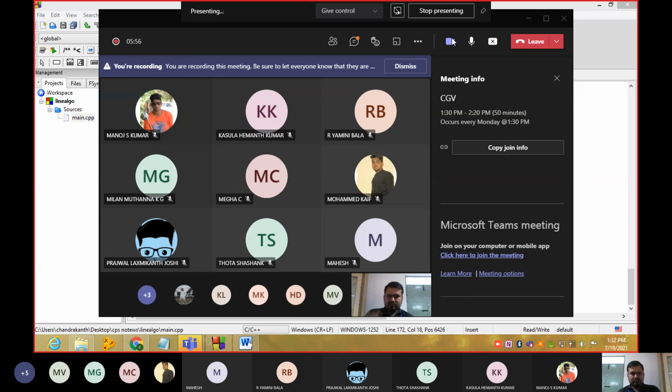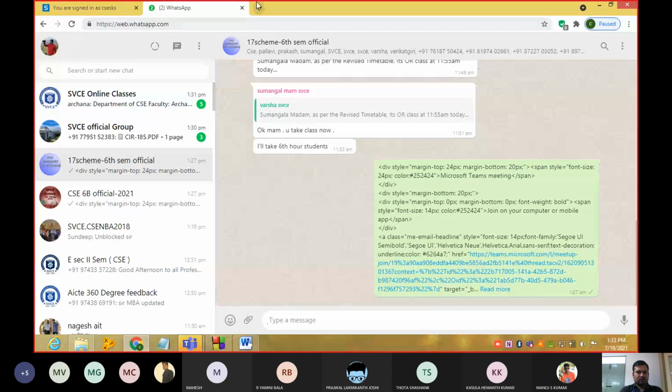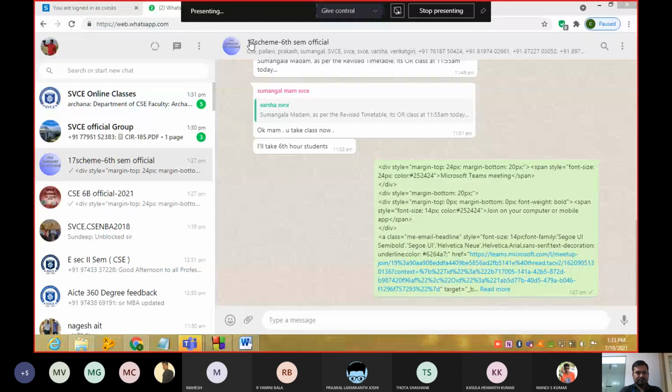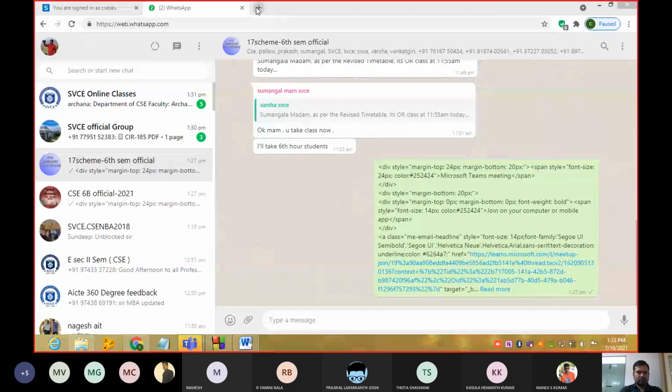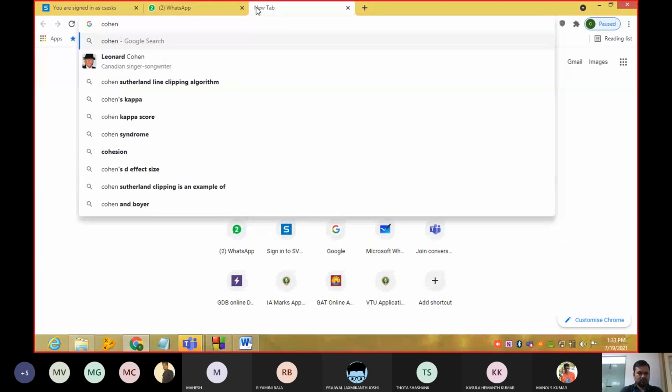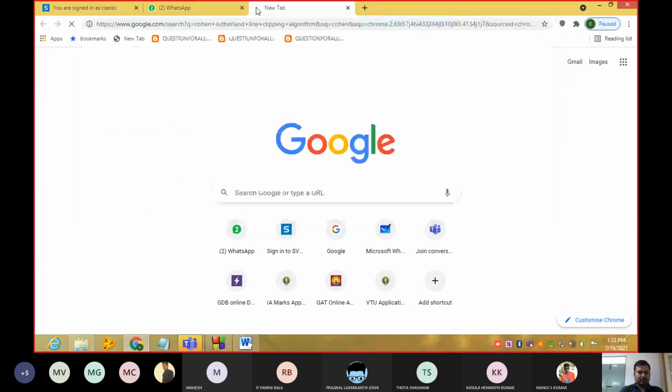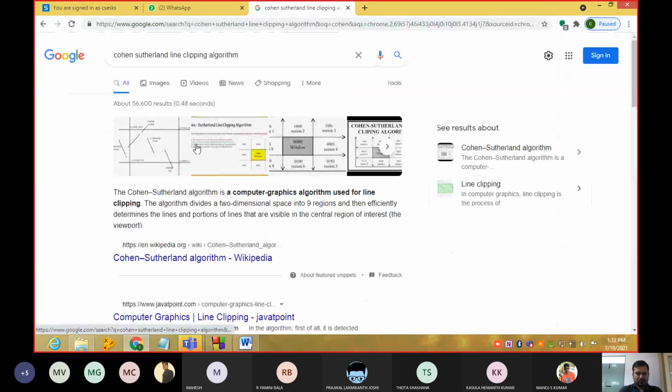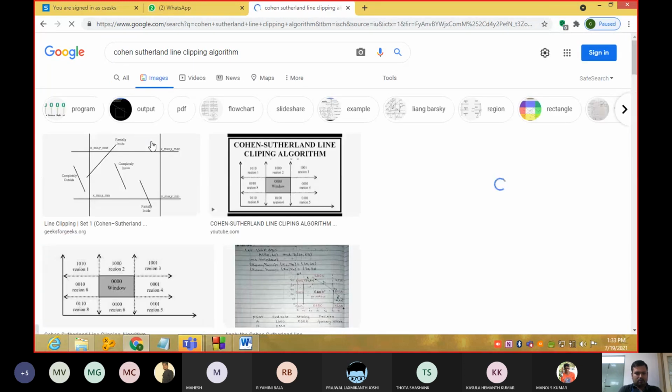Okay, this is what we had seen. So let us see once again what the Cohen-Sutherland line clipping algorithm is. We are supposed to see this ABRL rule, above, below.